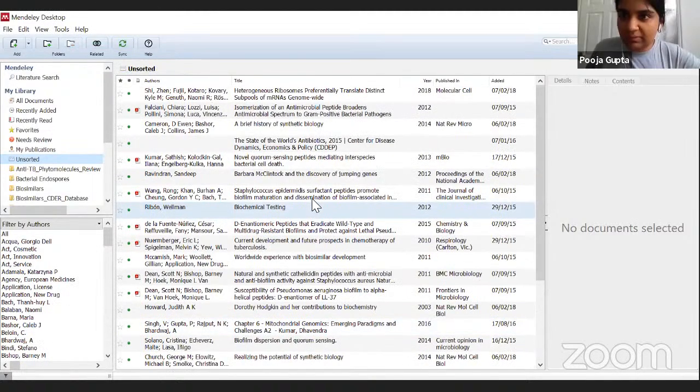So what I want to show again is that you go to a journal article, you download its citation. We did that: download citation, RIS file, save it in a particular folder. You know where it is, right? Now you go to